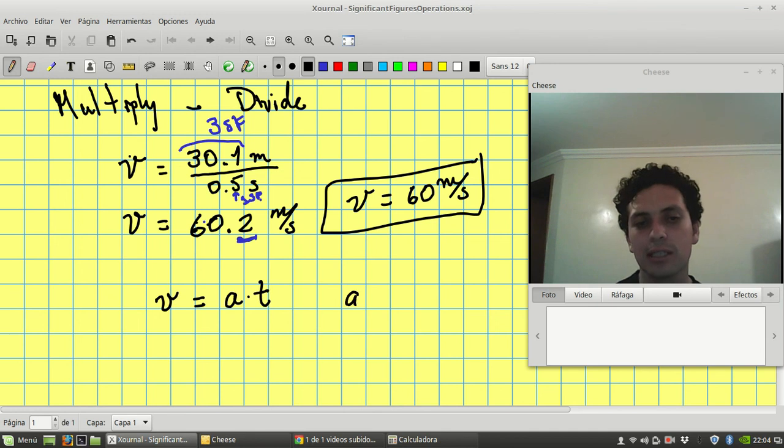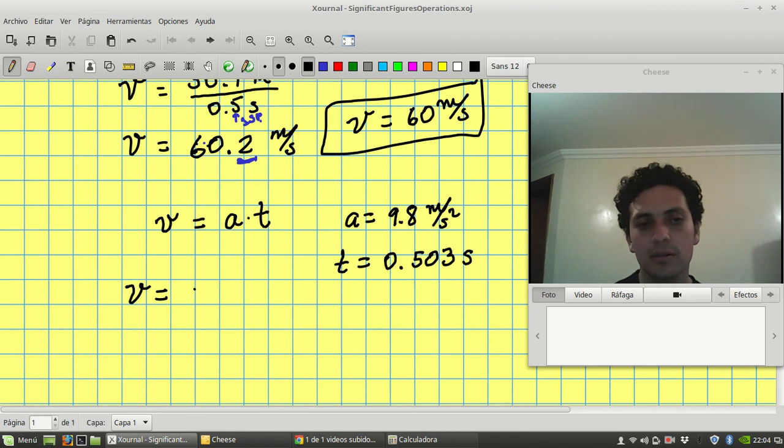So let's say that the acceleration is 9.8 meters per square second, and the time is 0.503 seconds. So if you determine the speed, 9.8 meters per square second times 0.503 seconds,